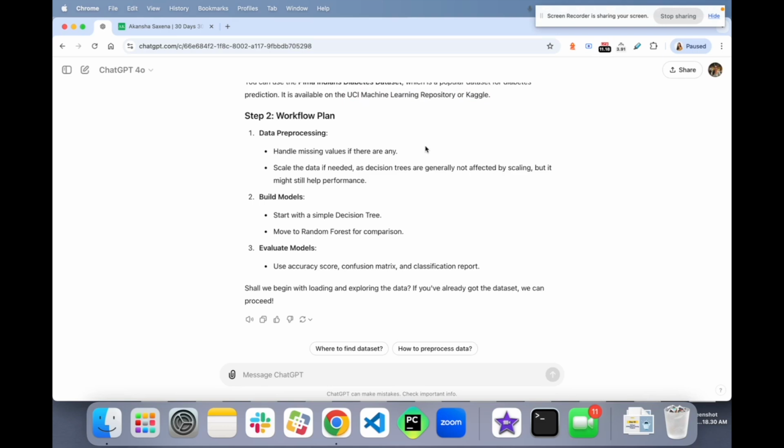And then in step 2 we will be processing the data, handle missing values if there are any. I'm sorry. I did not get enough sleep. So yes, let's start. The second point is the